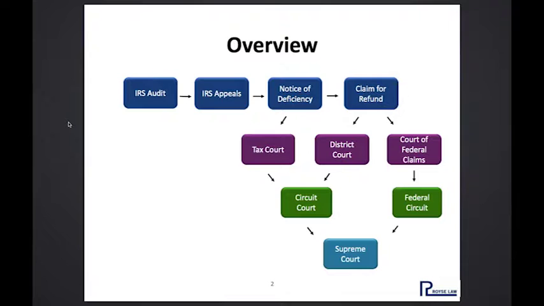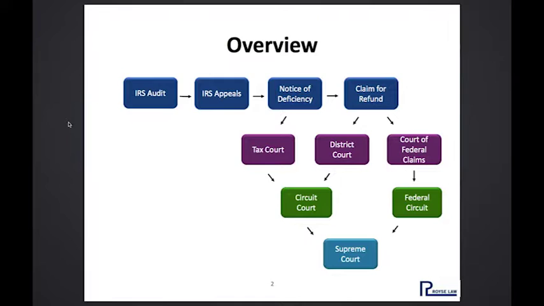So the first row, which is in blue, is the administrative level of handling the federal tax dispute. We begin with the IRS audit, and then after that we would go to IRS appeals, and if nothing is resolved there, then a notice of deficiency would be issued by the IRS. When the notice of deficiency is reached, the taxpayer has the option to file a petition in the U.S. Tax Court, or the taxpayer can pay the tax and file an administrative claim for refund,